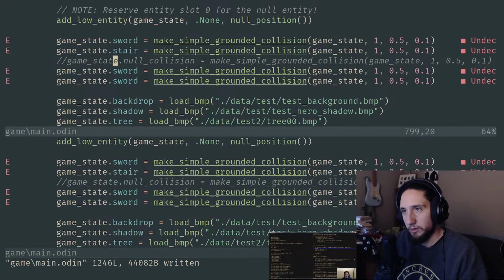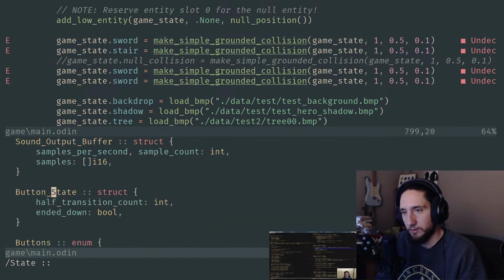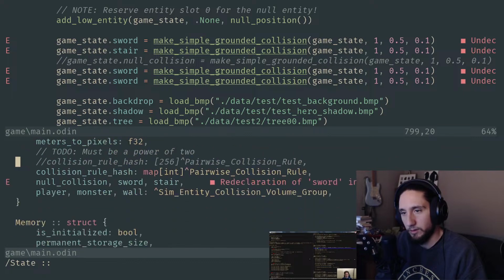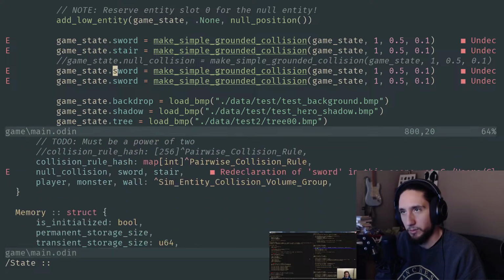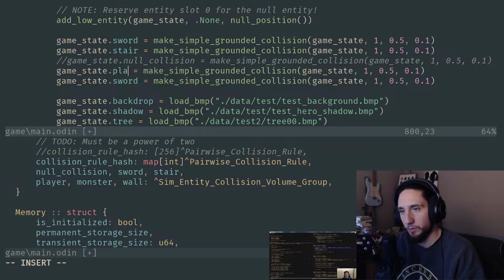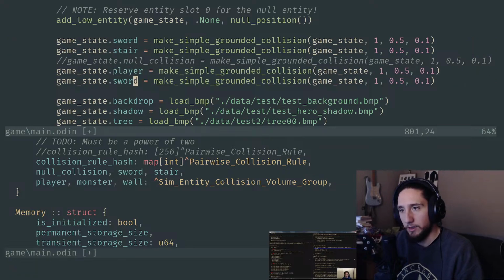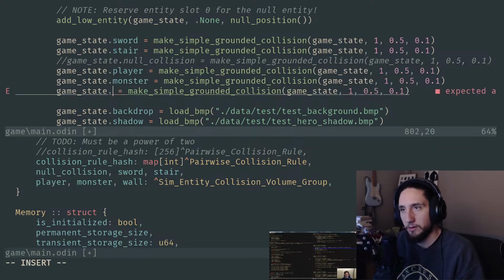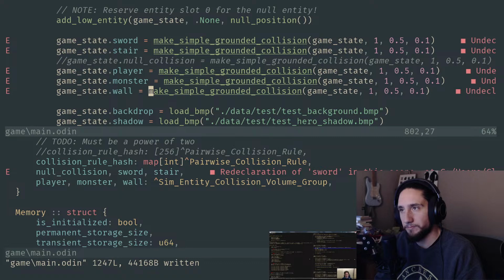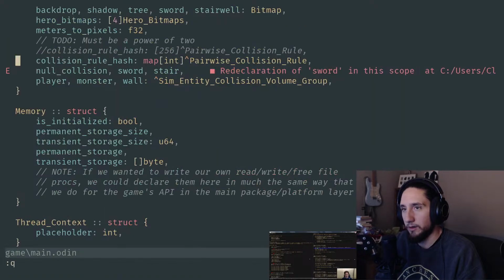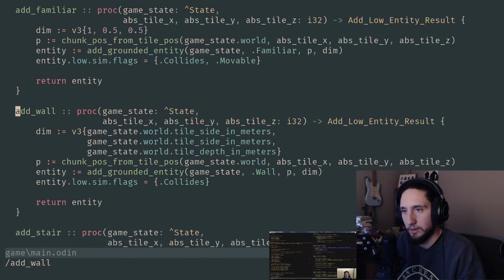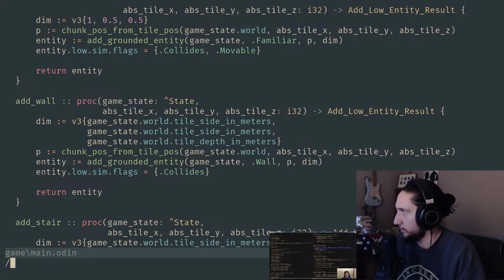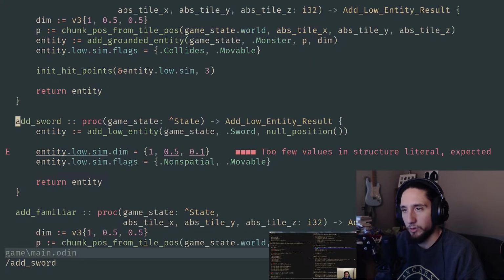Of course, gotta go and look this up manually. Okay, so we have the player as well. We don't have one for the familiar here yet, I just noticed, but it's no problem. Okay, and then I don't think he's even tried adding that call yet, but where we add sword, and then in here